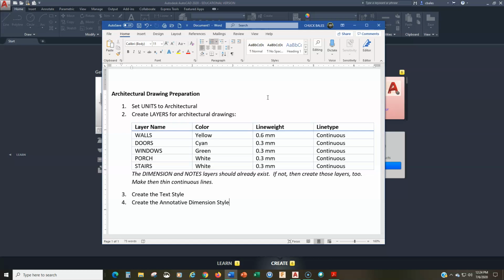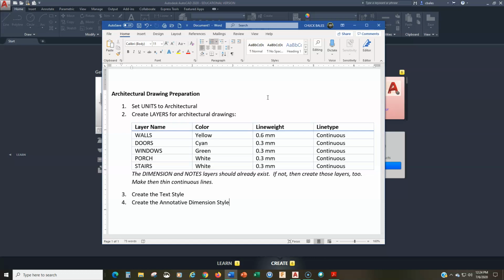But in the case that you are starting a drawing and you don't have an architectural template, then these are the four things that you really need to create so that you can accurately draw an architectural drawing according to the AIA standards. These four things are: we need to set our units up to architectural,